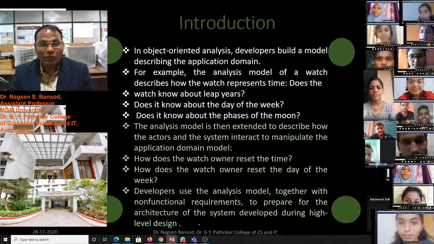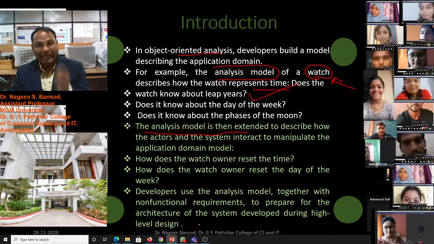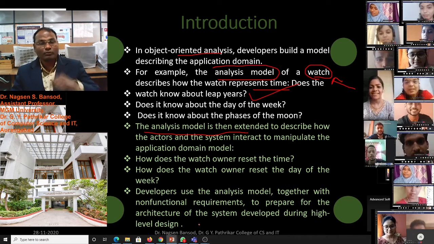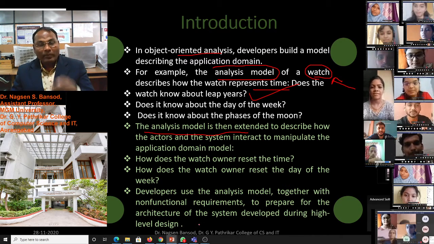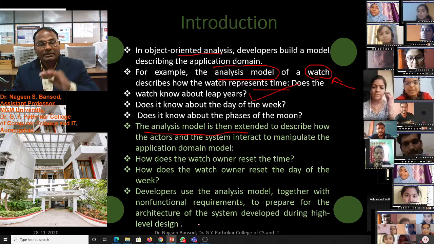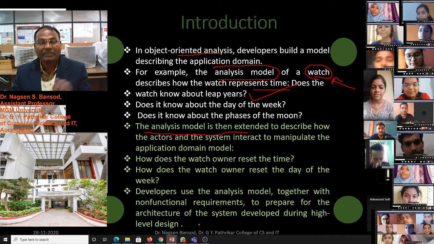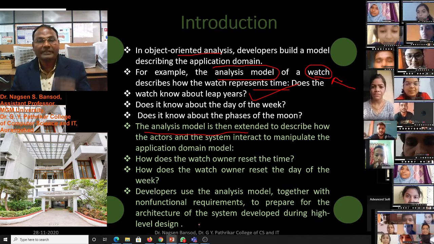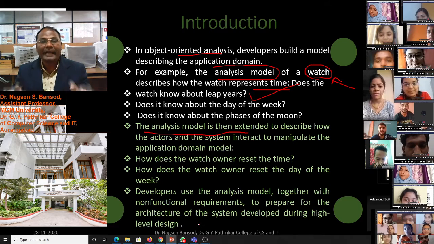This is a short introduction about the analysis. We have to use the analysis model. We have to ask some questions to ourselves to find out the errors in the information. If information is incomplete, then we have to complete that information with communication to the user and client.